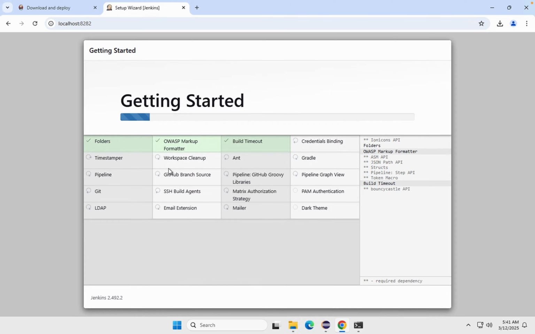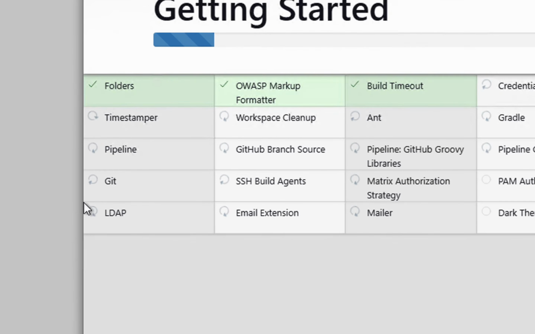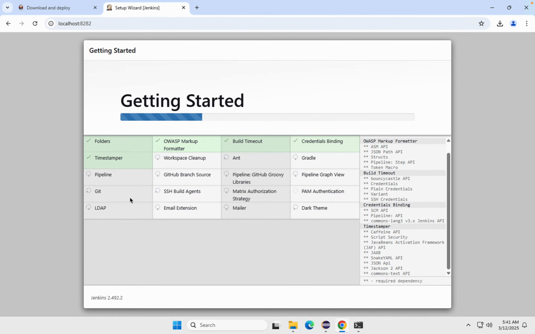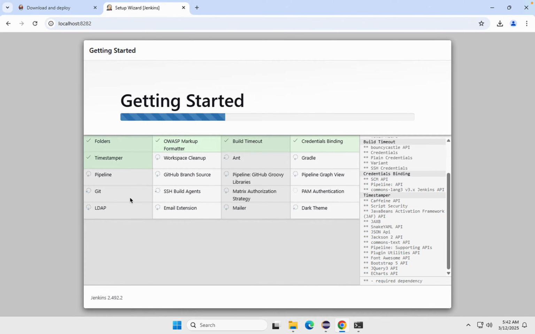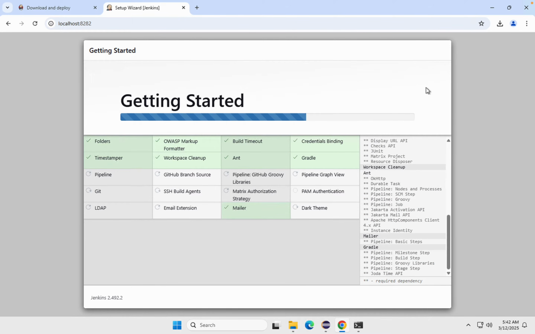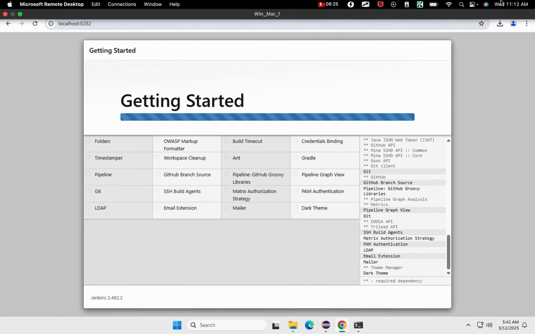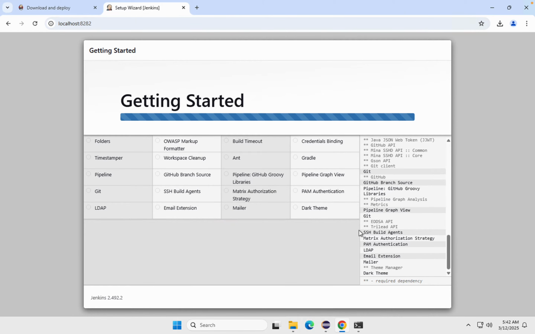Now in this list you will see there is a Git plugin as well. This is what we will need later on, so it is already installing it, so we will not have to install it separately. There are a few plugins that we will need, so I will show you how we get those plugins after we start Jenkins. Okay, so this is almost done. It has added all the required or basic plugins,